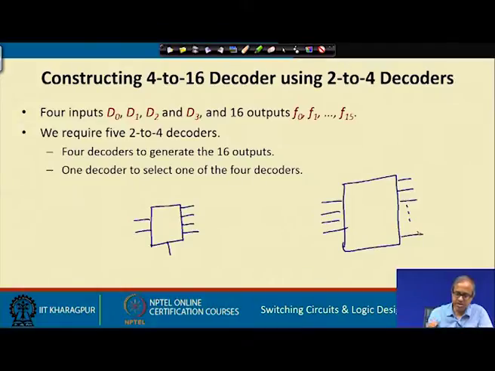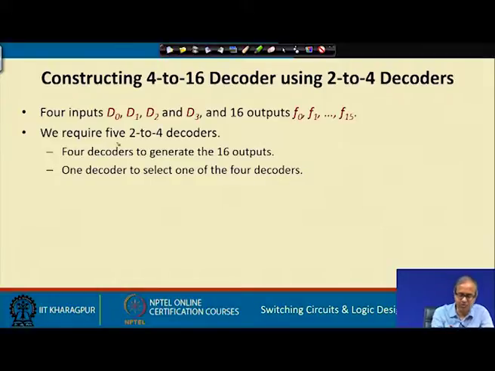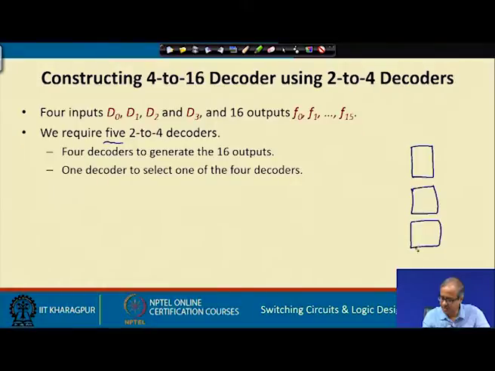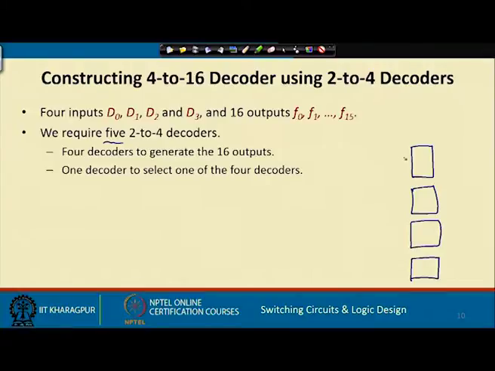Now, here we shall be showing you the design. The basic idea is like this: we will be requiring 5 such smaller decoders. In what way? The decoders will be connected somehow in this fashion. Well, I shall be showing you the detailed diagram. There are 4 2 to 4 decoders, each with 2 inputs and 4 outputs. So, this will make 16 outputs, and there will be another decoder which will also be a 2 to 4